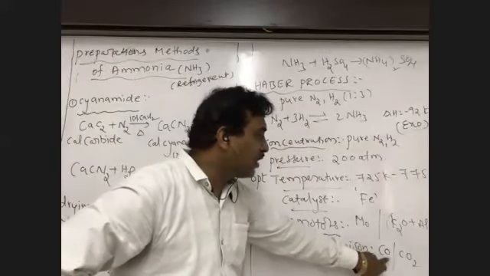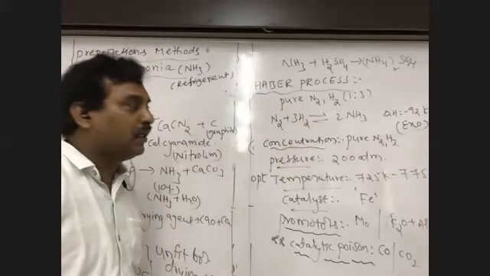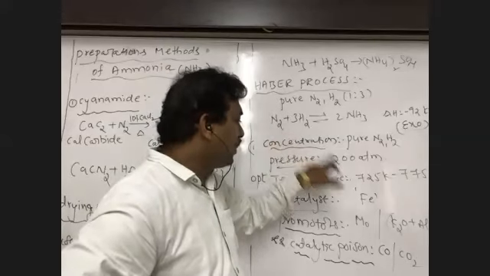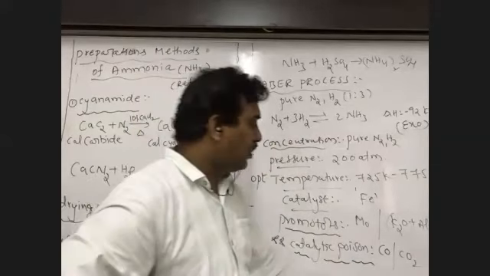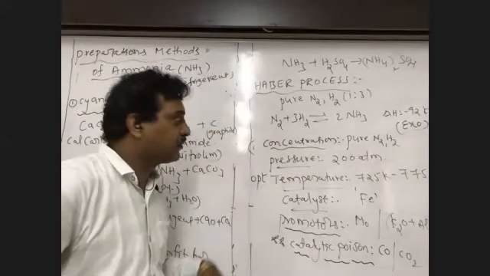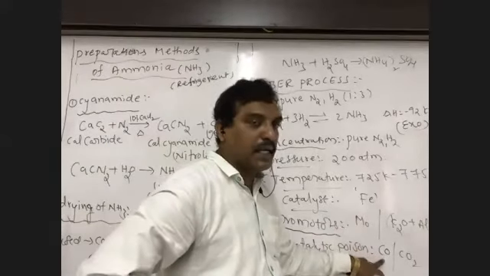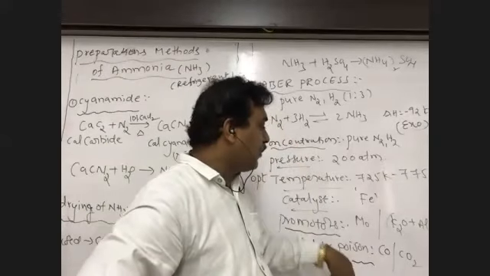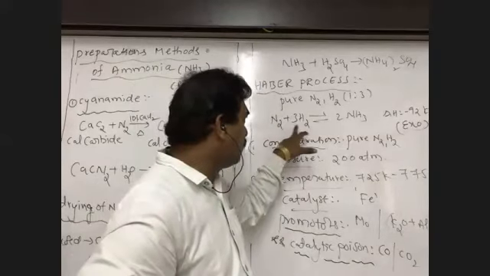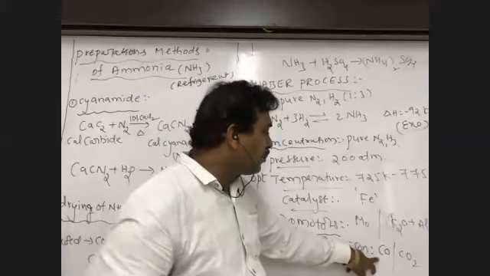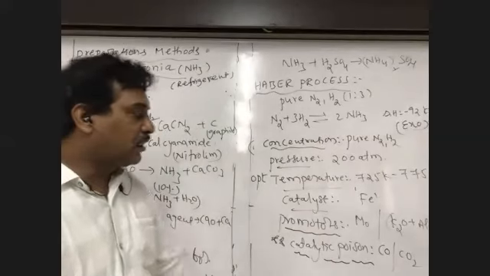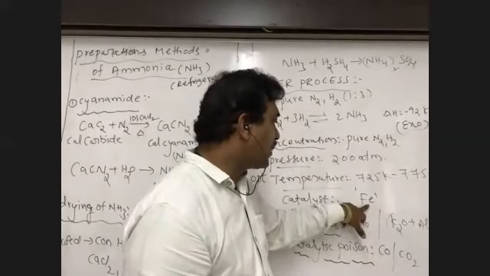N2 and H2 associated with a small quantity of carbon monoxide, then what happens? Here we have to take an N2, H2 and CO mixture. Which one is the heterogeneous molecule? Carbon monoxide acts as the heterogeneous molecule. N2 and H2 are homogeneous molecules. Van der Waals force of attraction is shown by the heterogeneous molecule. Due to this reason, the CO molecules are first occupied on the surface of the catalyst.